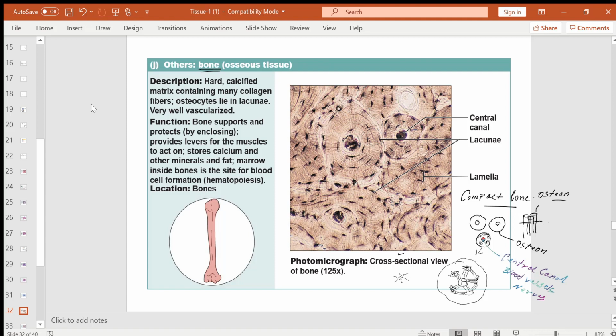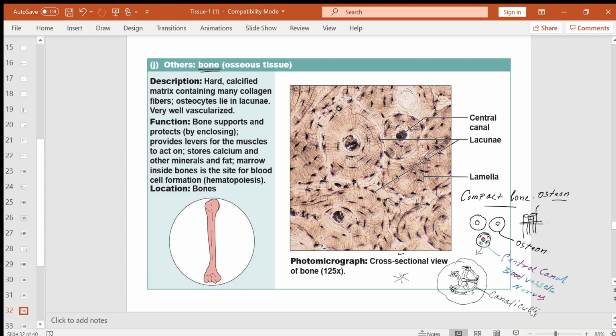So they get nutrients and oxygen through those fine channels, and these channels are called canaliculi. Okay, so that is the structure of a compact bone,